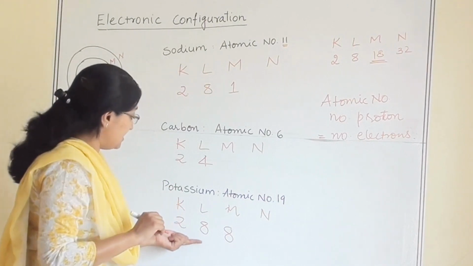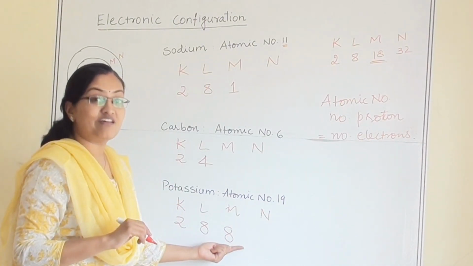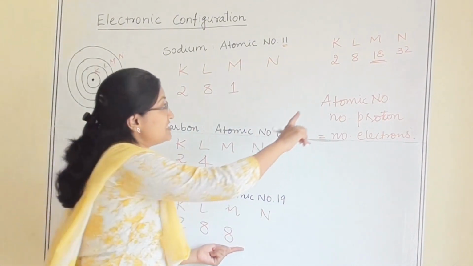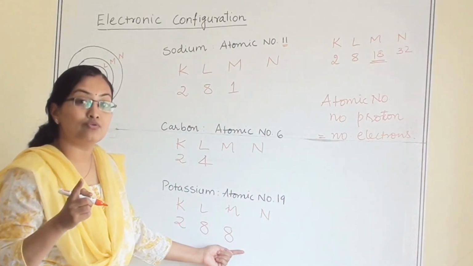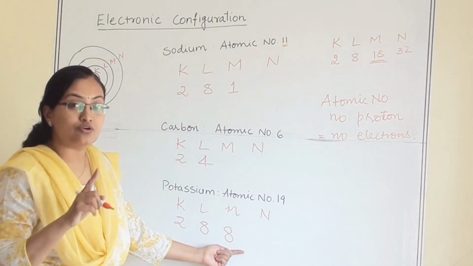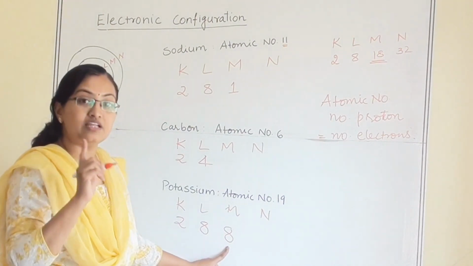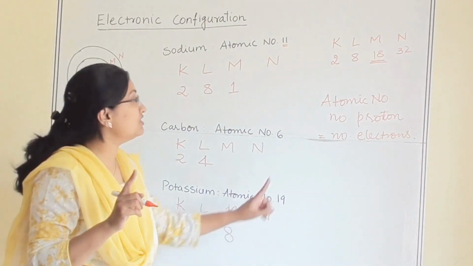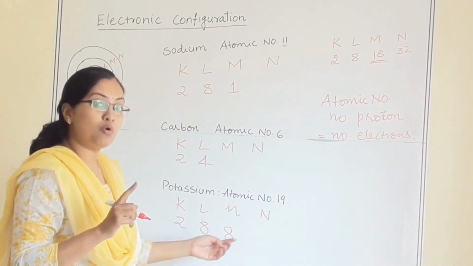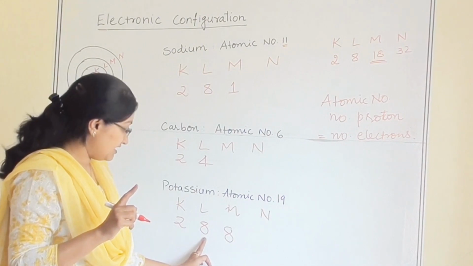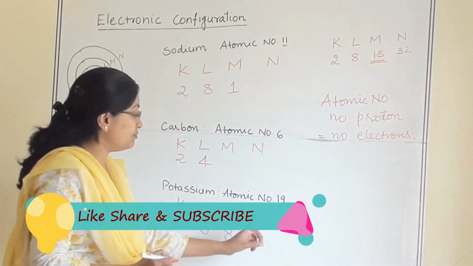Again, here 2, 8 we have written. Now leftover electrons are 9. But capacity of M is 18. Yes, that is correct. But according to our rule 2, more than 8 electrons we cannot keep in any of the orbits. So we will write here only and only 8. Even though the capacity is 18, we will write here 8. And how many more are left? 2, 8, 8, only 1 is left. So 1 will be going to